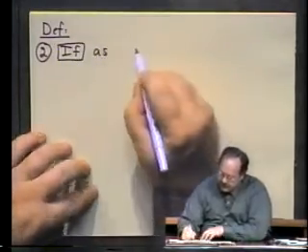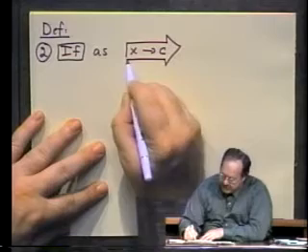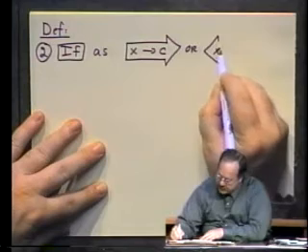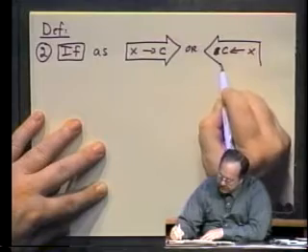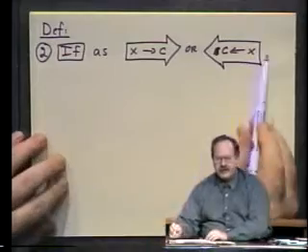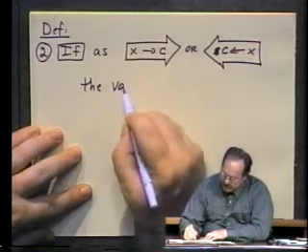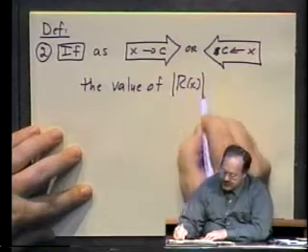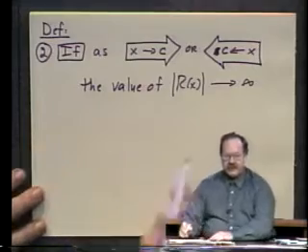If, as x approaches c from the left, or as x approaches c from the right, so here's c and here's x approaching c, if either one of those two situations occurs, if x approaches c from the left or the right, if, as that happens, the value of r of x, whether it's positive or negative, let's say absolute value, grows without bound, goes to infinity, so it either goes up or down,